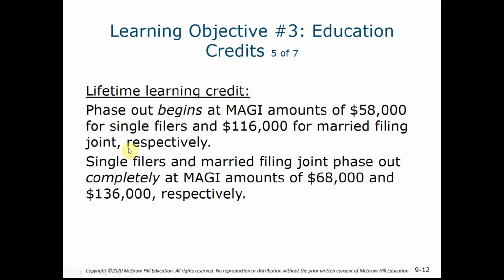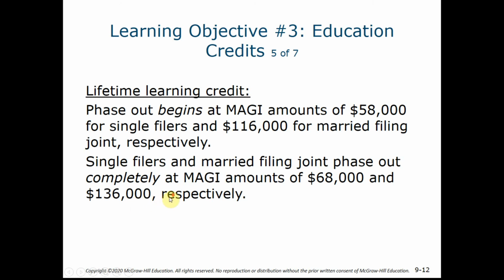The lifetime learning credit also has phase out provisions. Phase out of modified adjusted gross income amounts of $58,000 for single filers, $116,000 for married filing joint, and then the upper end of the range goes from $68,000 for single to $136,000 for married filing joint. And there's a $10,000 range for the single filers and a $20,000 range for married filing joint. Once again, if the taxpayer reaches modified adjusted gross income of more than $136,000, then the credit is not available